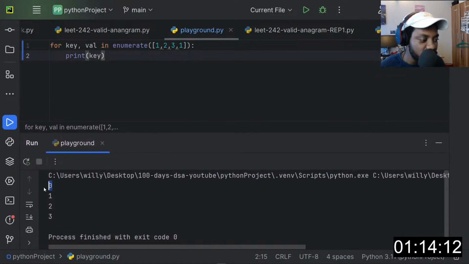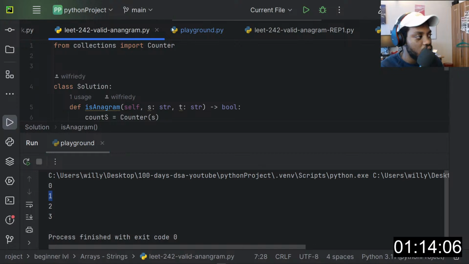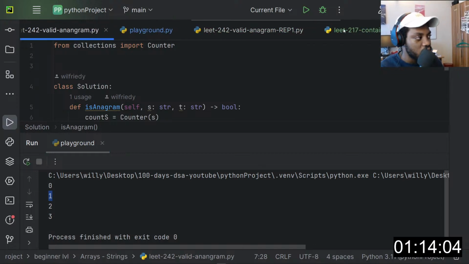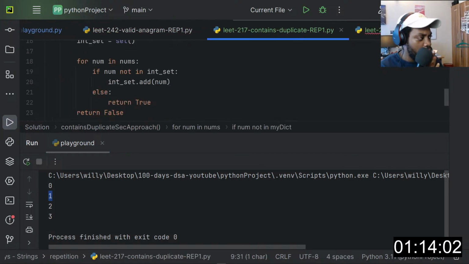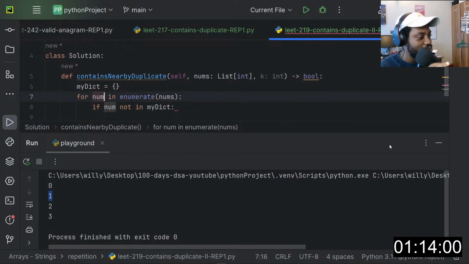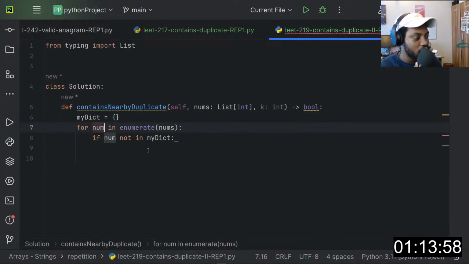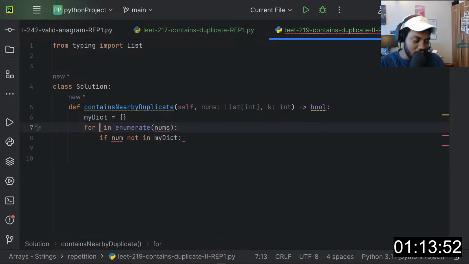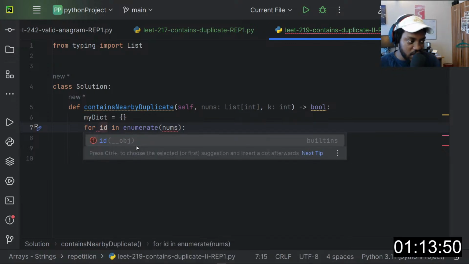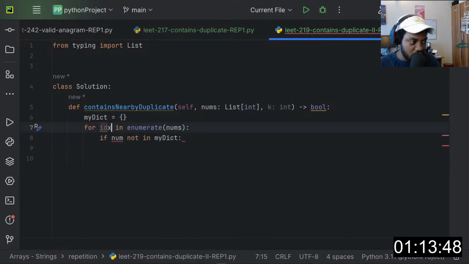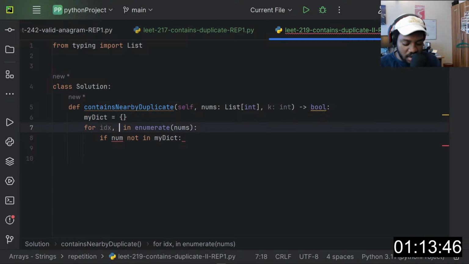So the keys will return the indexes, and the value will return the value. Okay, so key, value. I just wanted to be sure that I was doing the right thing. So we have key, which is the index, and the value. You know what, I'll call this index, and then value here.